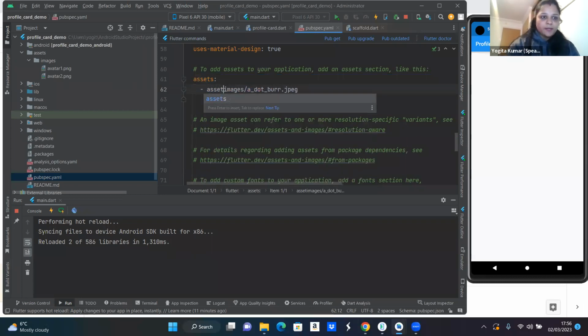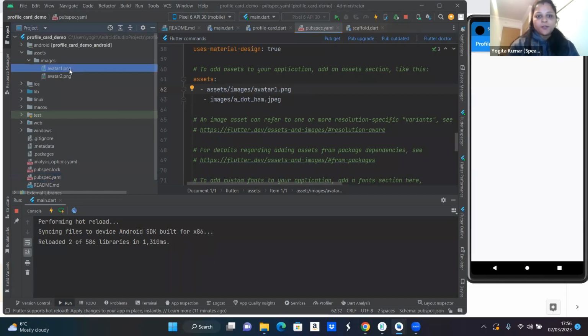I'm going to add the assets, images. Okay. Now, either I can put avatar1.png, so it particularly adds this avatar1.png, but if I just put images and slash, it will access every image from the images folder. So I'm going to put that, and once done,